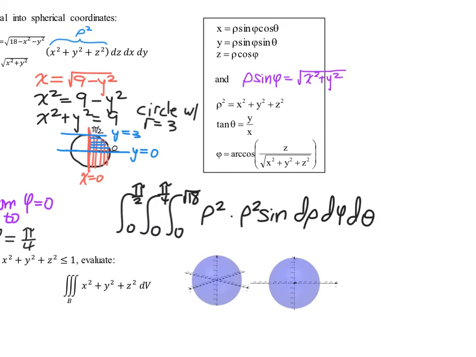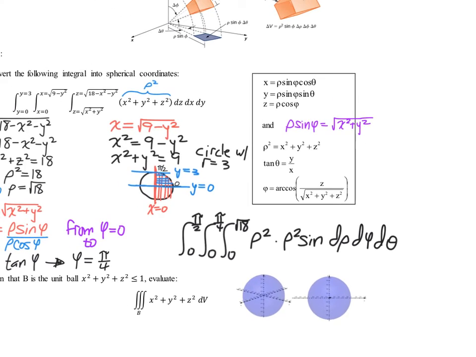Now, we're not going to actually integrate this because the question's not asking us to, but you compare this to the one that we did on the previous page, it's maybe slightly more difficult, but not in a meaningful way, because first thing you would do is put the rho squareds together and make it rho to the 4th, and then when you integrate that, it's 1/5 rho to the 5th, and then you're subbing in more complicated values, but nothing too crazy. All right, so very, very doable. Maybe like 2 minutes worth of work